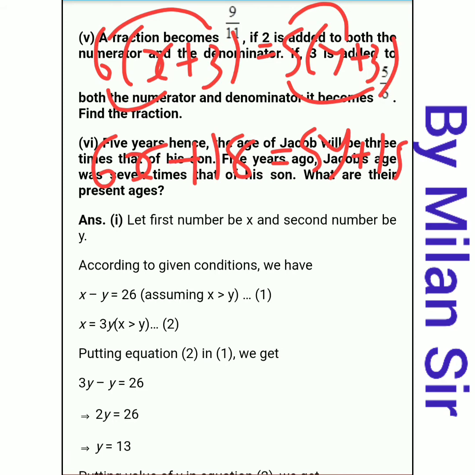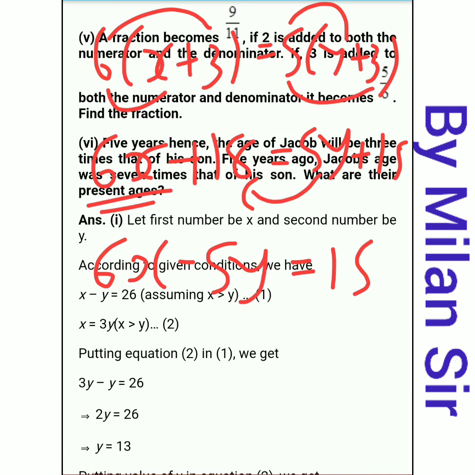Now again, we want terms which contain x and y on the same side, right? So we collect them on the left hand side, and the constant term we transfer to the right hand side. So here in the left hand side, first of all 6x. If we transfer this 5y to the left hand side, it becomes minus 5y, right? Is equal to, here 15 is already there. If we transfer 18 to the right hand side, it becomes minus 18, right?